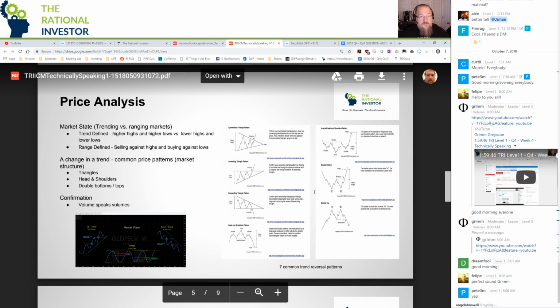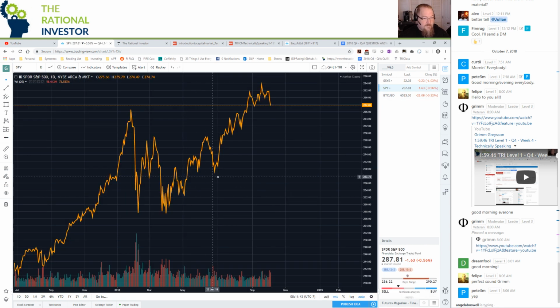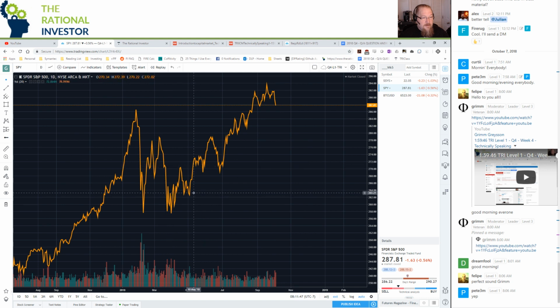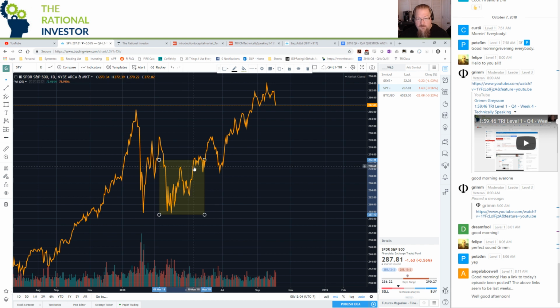We look for confirmation of these with volume. So we can come back to here. This is the S&P, right? When we see a W come in, like what we see here, we see it go down, up, down, but not as far, and then up. When we see this confirmation here, what we really want to see is just